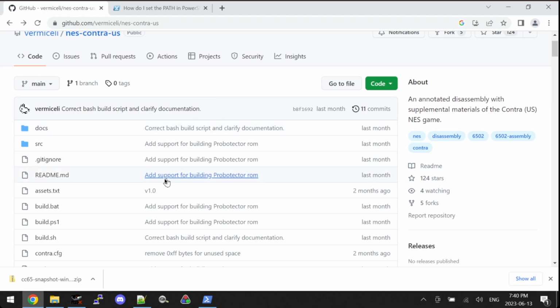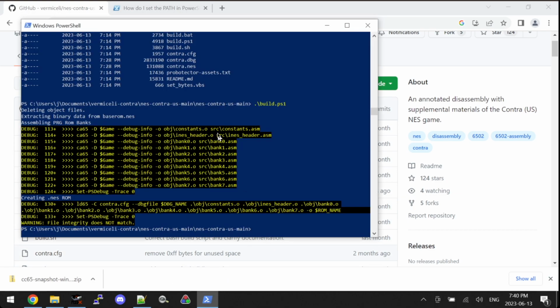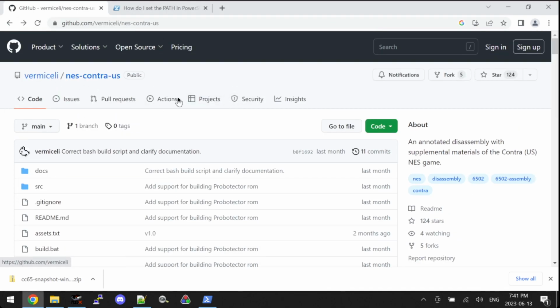Yeah, I know I made that mistake on the PowerShell path, so make sure that you get that correct. I may not edit that out. I mean, mistakes are mistakes. So I know you may not understand what all the errors were, but at least you can see what I did wrong, and maybe when you're looking at your own stuff, kind of figure out what it is. But yeah, that's how you can get started with building your own ROM from Vermicelli's disassembly of this,